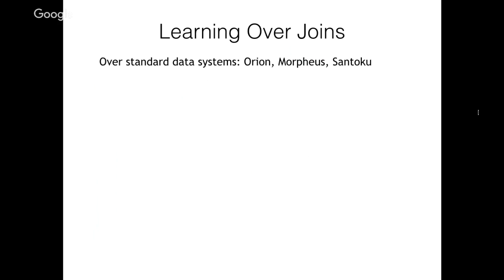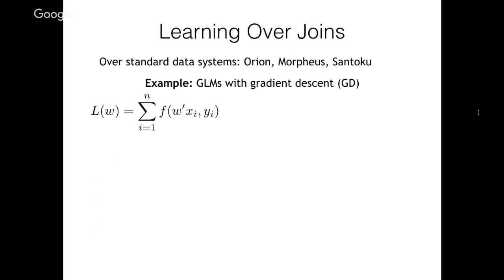Okay, let's dive into learning over joins over standard data systems. Let's start with the same example that Jun introduced very nicely, gradient descent. And here we're focusing on generalized linear models. Think logistic regression, linear SVM, and so on. And their objective function or loss function is essentially a sum over n terms, where n is the number of training examples, of a function f that looks at the inner products w transpose xi, where xi is your feature vector, and yi is your class label or the target for regression. And the gradient expression is also a sum over n terms, and it's linearly separable, and it's an expression with the scalar function g. Again, you have the same inner products inside that function, and then you scale the feature